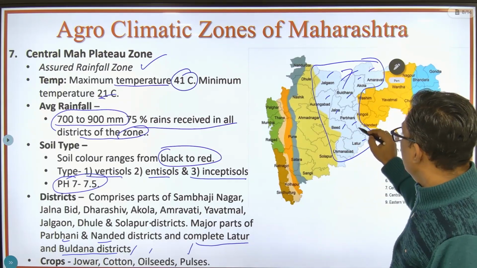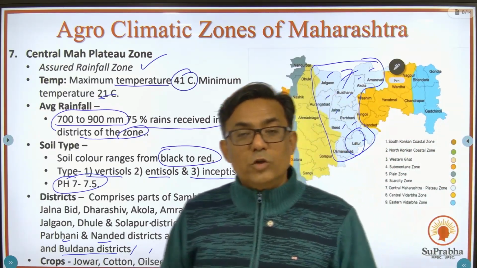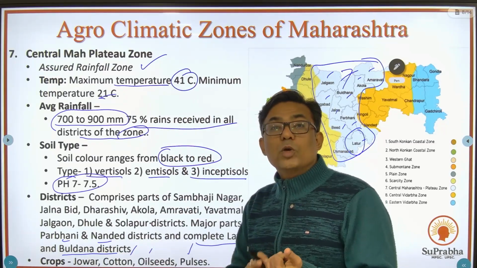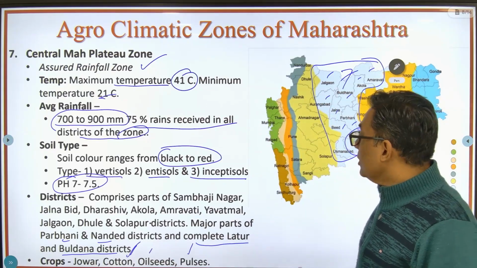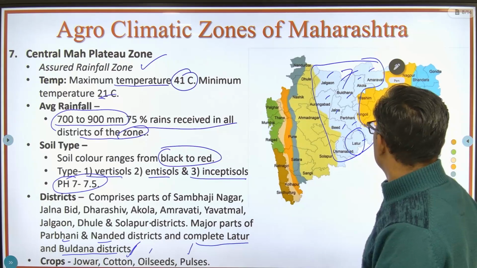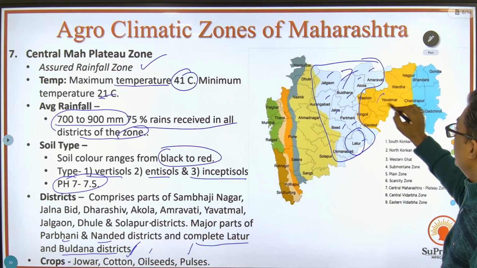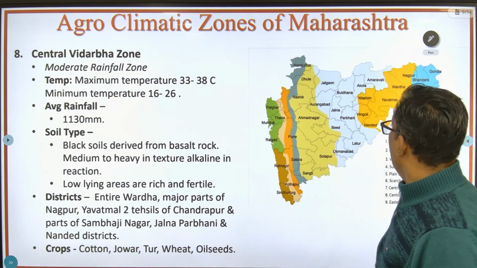Now this region, Latur and all this region, is very well known for pulses, not only in Maharashtra but also in the whole of the country. So pulses, soybean, then cotton. Okay, these are the major crops which are taken in this area. So we have finished the 7th. 8th and 9th. 8th is the central Vidarbha and 9th is the eastern Vidarbha. So 8th one,